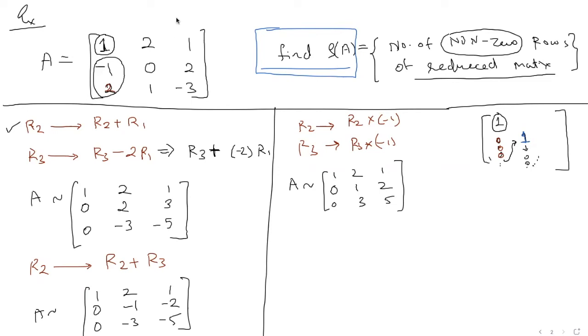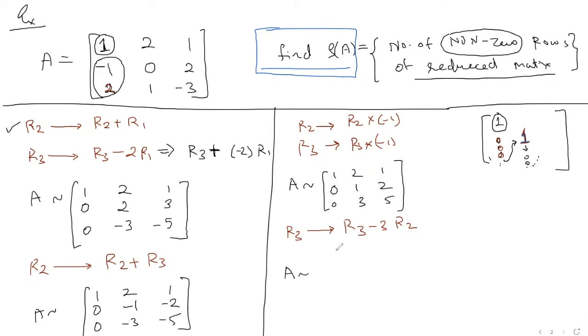Now, we already made this 1, right? So we've got this 1, these two 0s, and this also 1. We've done so much. So now you want to make this 3 a 0. Ideally, utilize this 1 to make this 0. See how I do that. I'll do row 3 becomes row 3 minus 3 times row 2. As I've done here, you will do the same thing here also. You multiply row 2 by minus 3 and add to row 3. That's a smart way to do it.